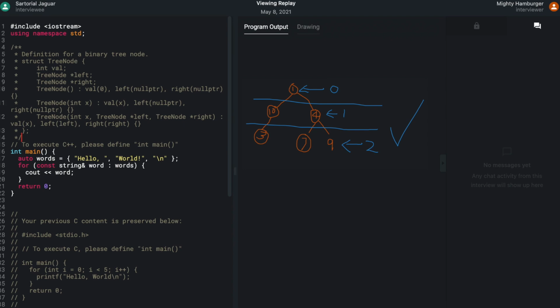Okay, so when you're in the tree node, there's two recursive calls usually. So you have your base case, and then you do your two recursive calls, and then you do stuff after that. So once you do the two recursive calls, then you actually have the data. So once I'm at 0, when I do the two recursive calls, I'm going to have 10 and 4. However, when those ones go in, so when 4 goes in and it gets 7 and 9, 7 and 9 has no idea what 3 is.